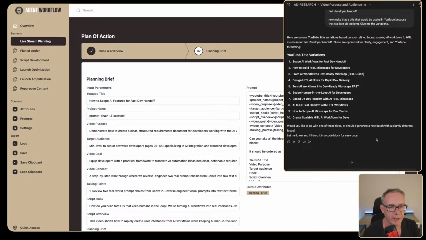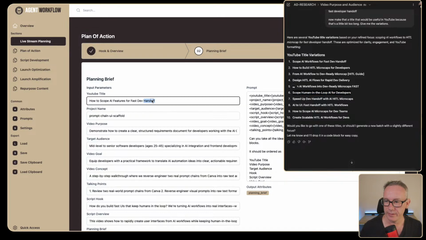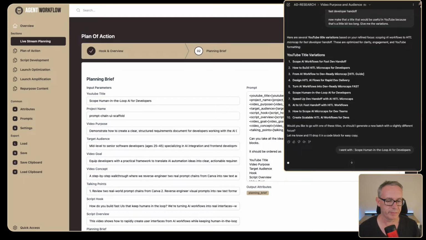Maybe I did. Scope human in the loop AI for developers. Okay, that might also work. Yeah, let's go with that one. I went with that, and we'll just paste it in.